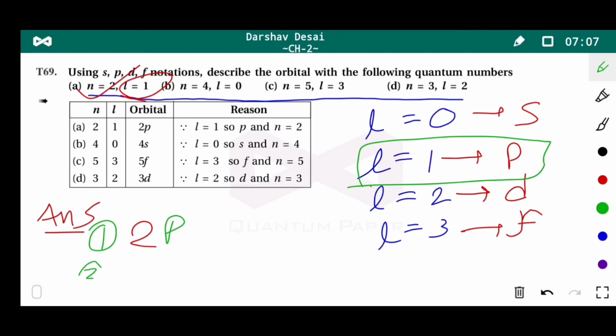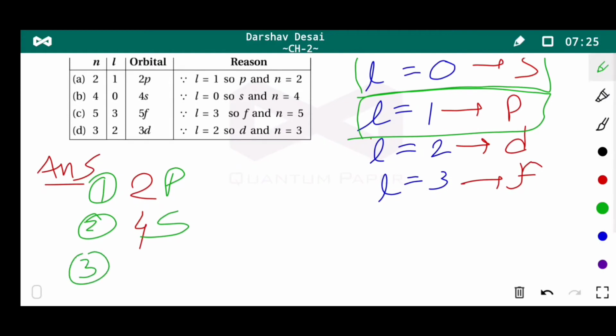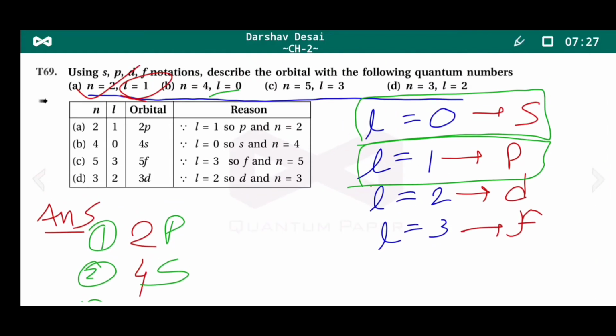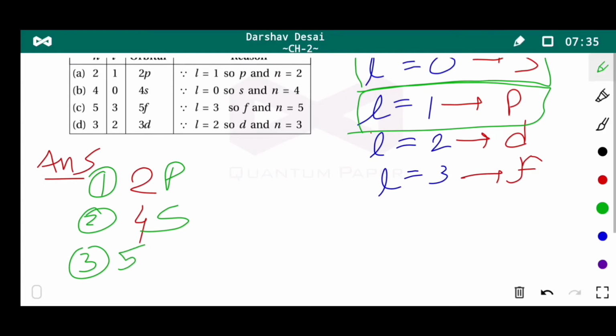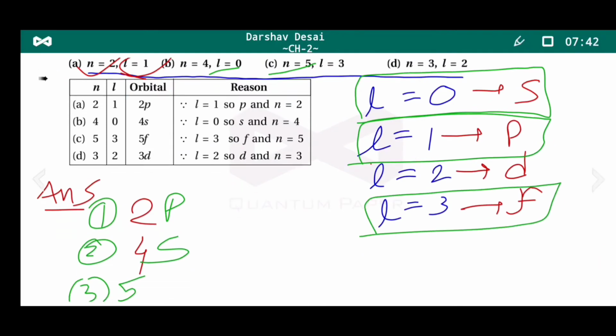Now the second one, n is equal to 4. Okay, so 4 and l is equal to 0. L is equal to 0 means s orbital. So answer is 4s. Okay, now third question, n is equal to 5. Okay, n is equal to 5 means here 5 and l is equal to 3. L is equal to 3 means f orbital. So answer is